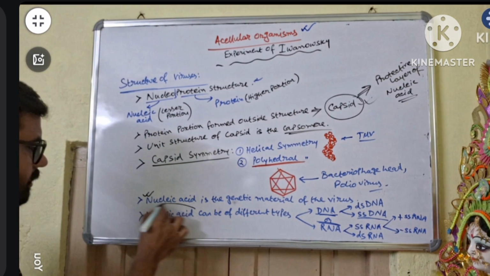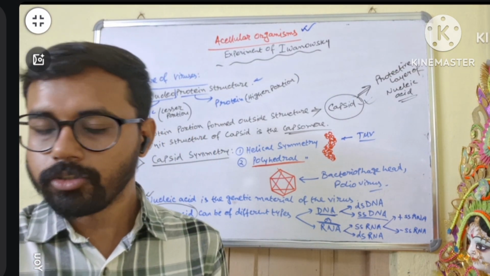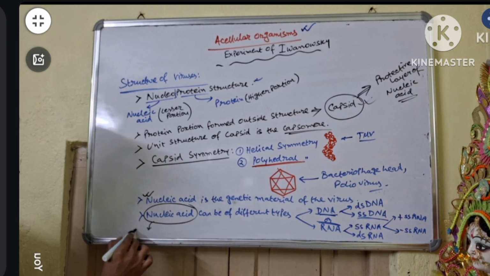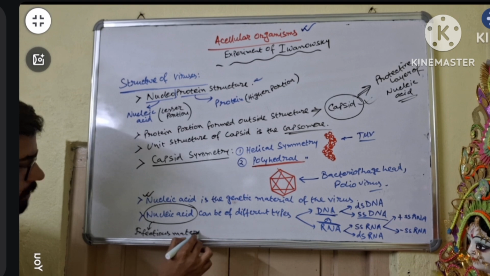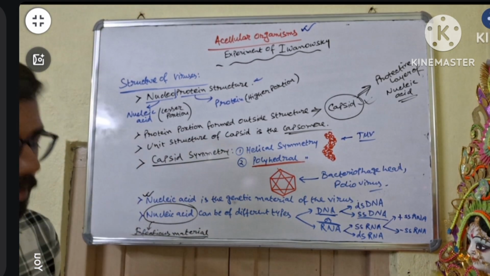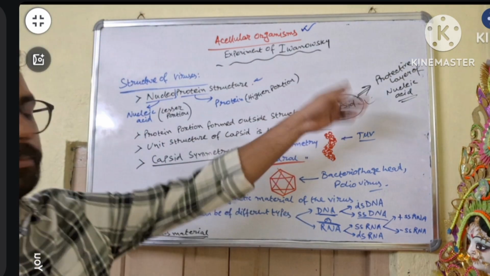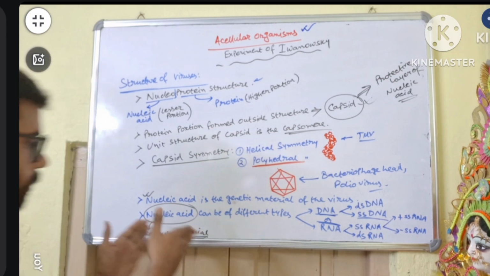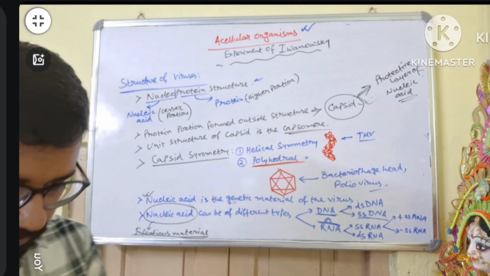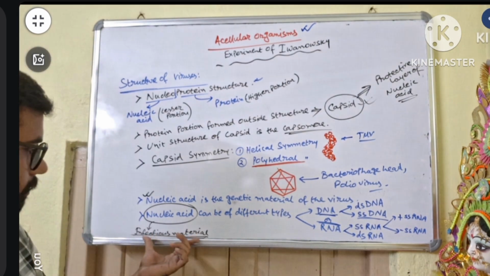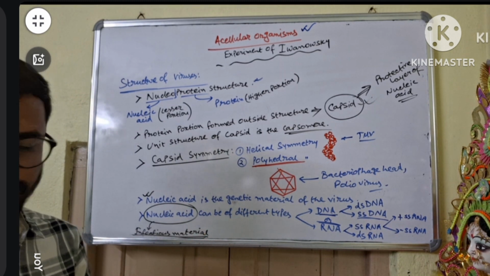And the nucleic acid does all the things. The function of the nucleic acid is growth, reproduction, etc. So the nucleic acid is the infectious material of viruses. That means the nucleic acid is the main thing that, inside the host cell, causes growth and reproduction of viruses, not the capsid part. The capsid is basically for protection of this nucleic acid portion, because without nucleic acid, a virus is nothing.